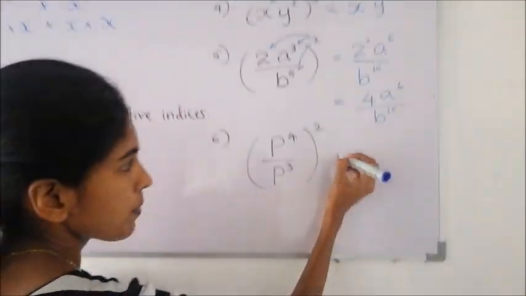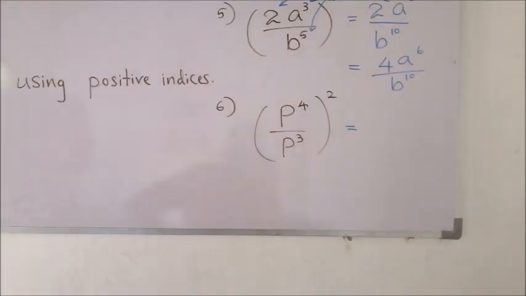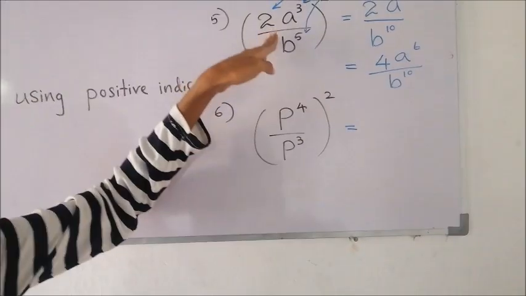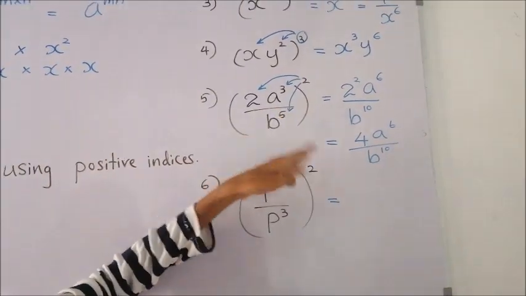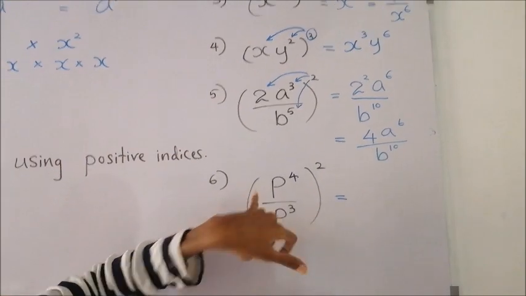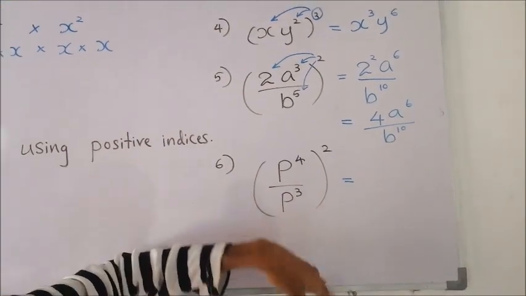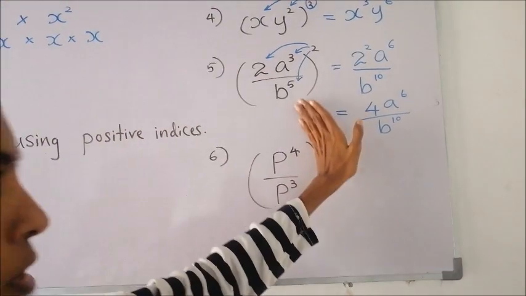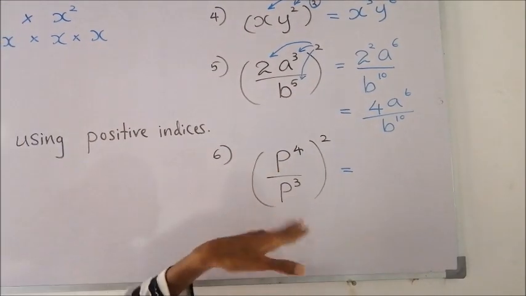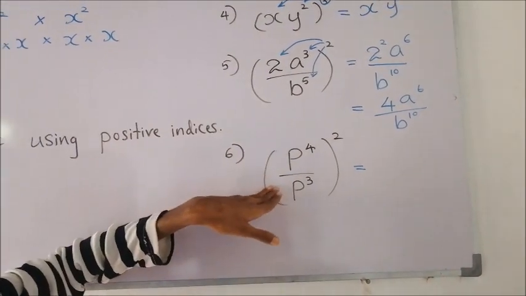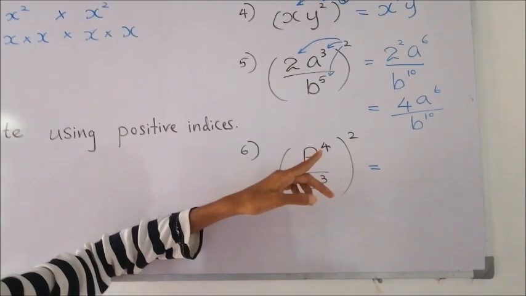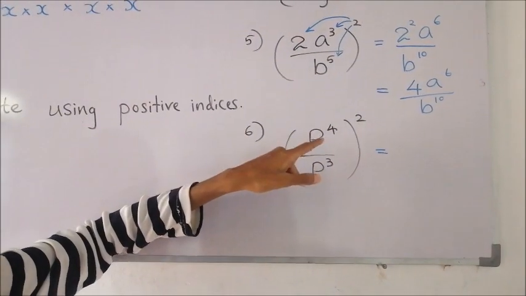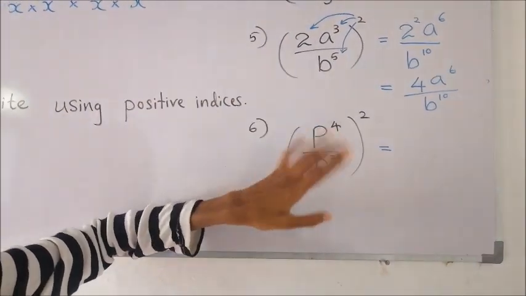Next one, see the bases here. Here we had to follow this method because the bases are different. But here the bases are same. At that time, if you want, firstly forget about this. Simplify this by thinking it as a division. From 4 subtract 3, 1 is coming. Then that 1 can be multiplied by that 2. That is one method, right?